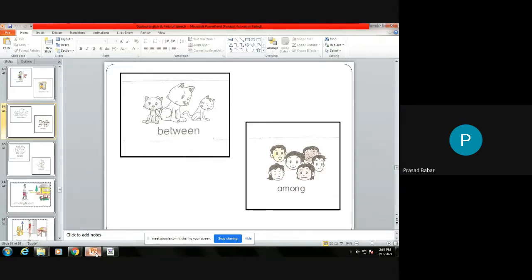These three cats, in between them one of the cats is a bigger cat, and two of them are smaller cats. This bigger cat might be the kittens' mother. Okay, so there are two kittens and one cat. Okay, kitten means what, kitten means